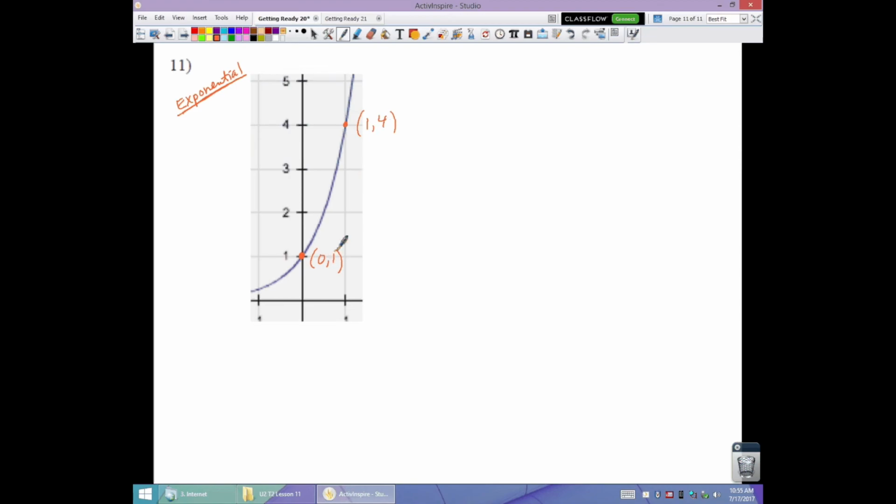If I know it had to be multiplying, right, because we already said exponential, then how do I change 1 to 4? Well, that means I multiplied by 4. My common ratio is 4. So my equation would be y equals the 0th term, I was given that one, times my common ratio, we just identified as 4 to the x